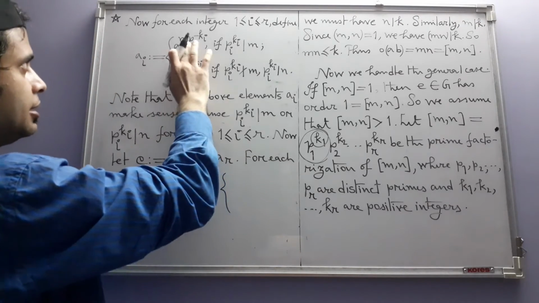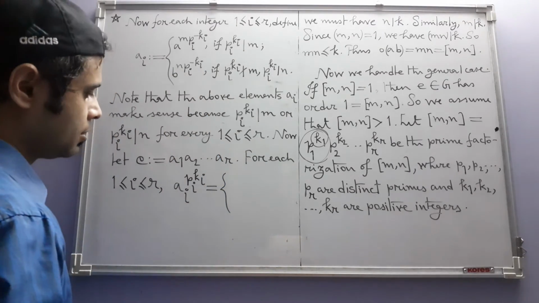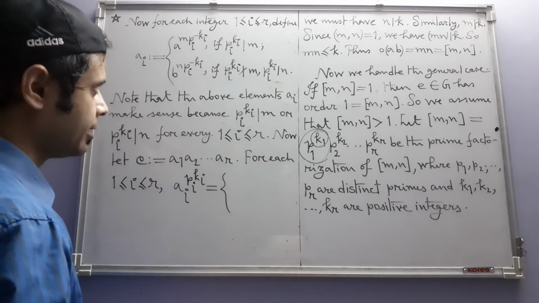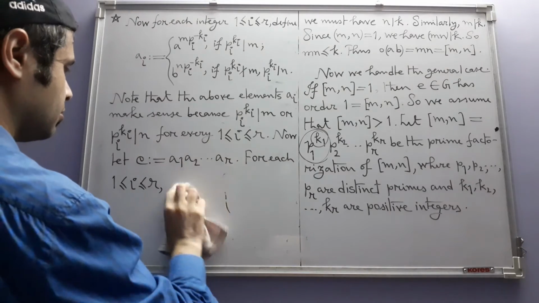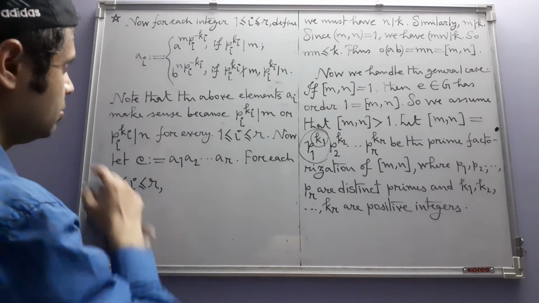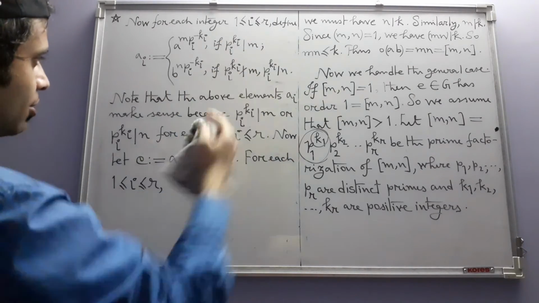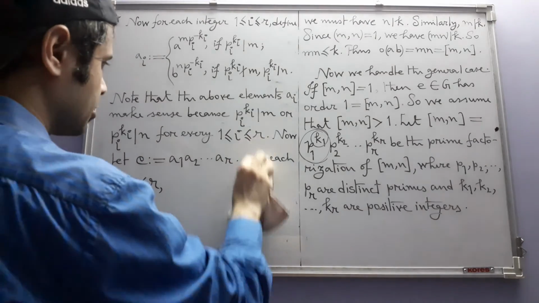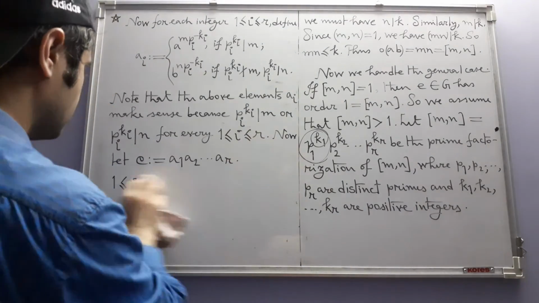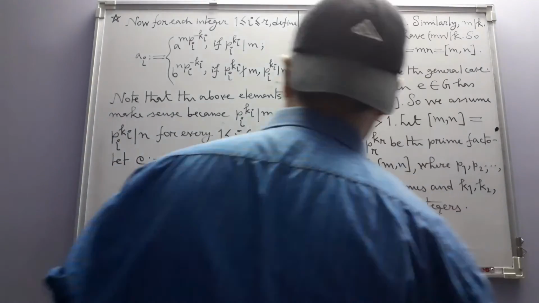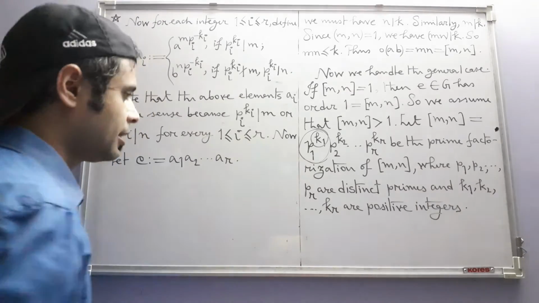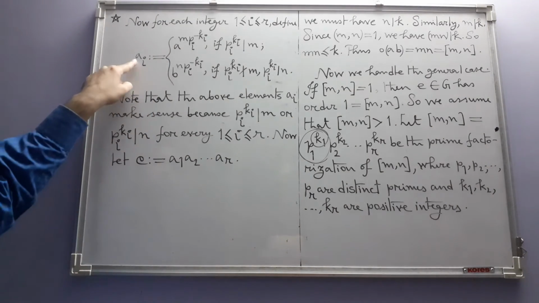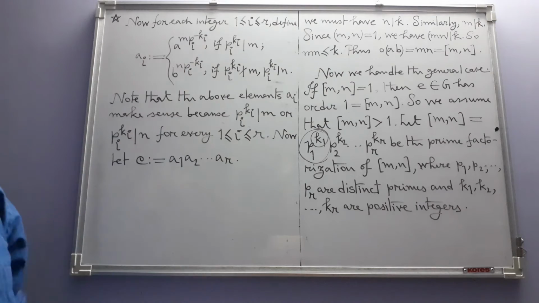either it is a to the power m. Can I write it directly like this? Will it be clear? Or how should I write all the conditions? Okay, let me write it more clearly. What we are now going to show is this: the order of ai is pi to the power ki. That's what we want to show.